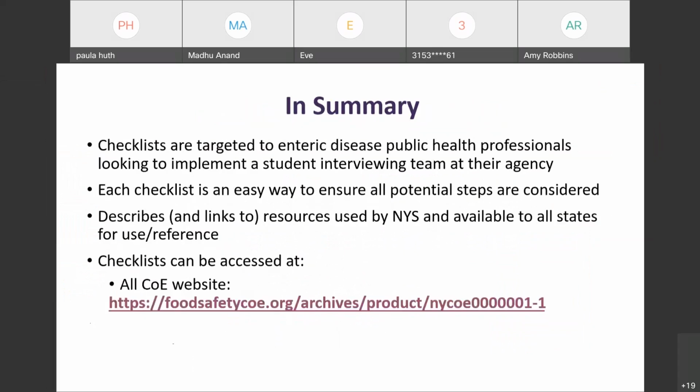And so those are the checklists. We'll take any questions that came in after this, but I just wanted to summarize that what we just showed are targeted to enteric disease public health professionals looking to implement a student interviewing team at your agency. Again, they do encompass most of the steps to be considered, but are entirely modifiable to add or delete any of them that wouldn't apply at your facility. They have links within them to some of the resources that we use here. So some of the videos we train our students with, some of the Google Voice document, the exercise sheet, and